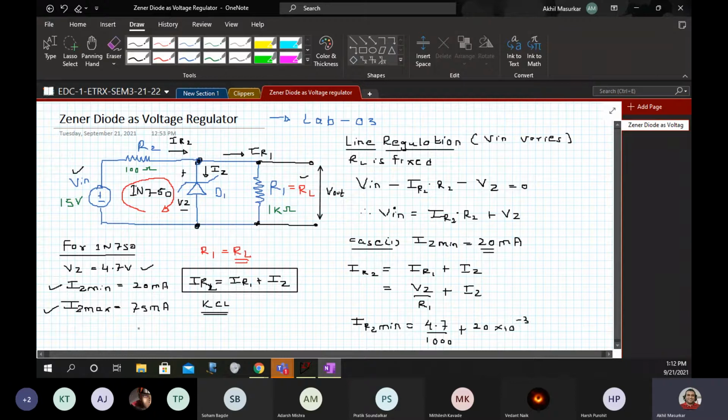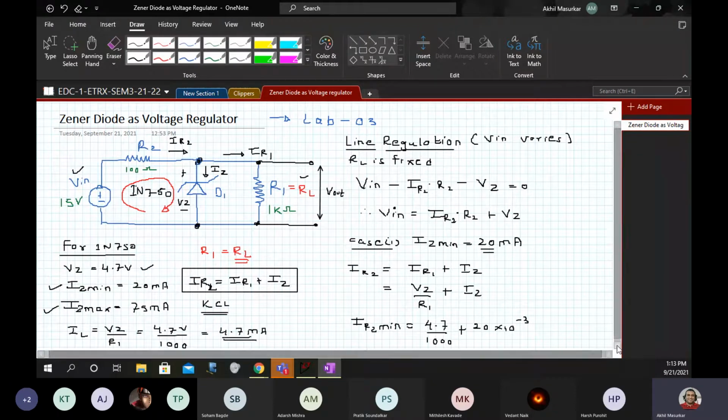Here IL is Vz upon R1, which is 4.7 volts upon 1000 ohms, which is 4.7 milliamperes.